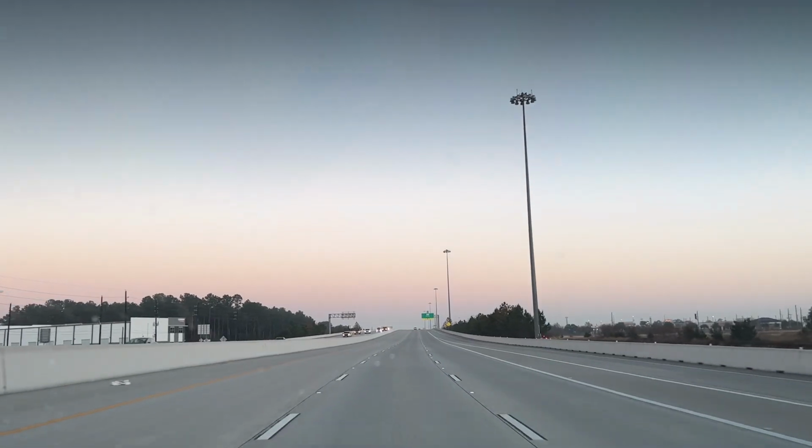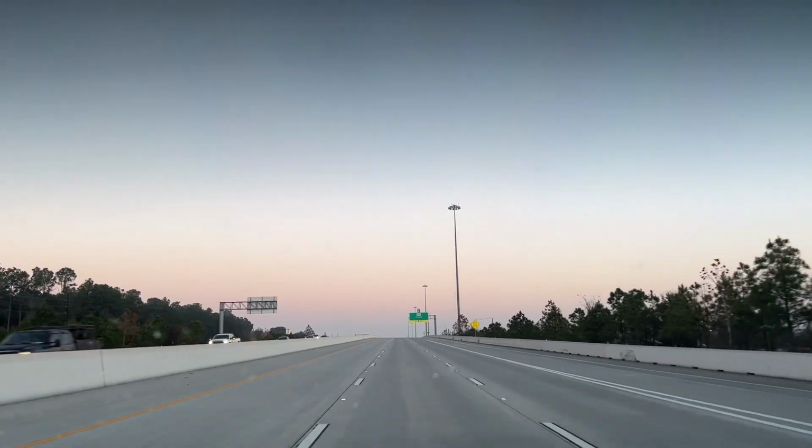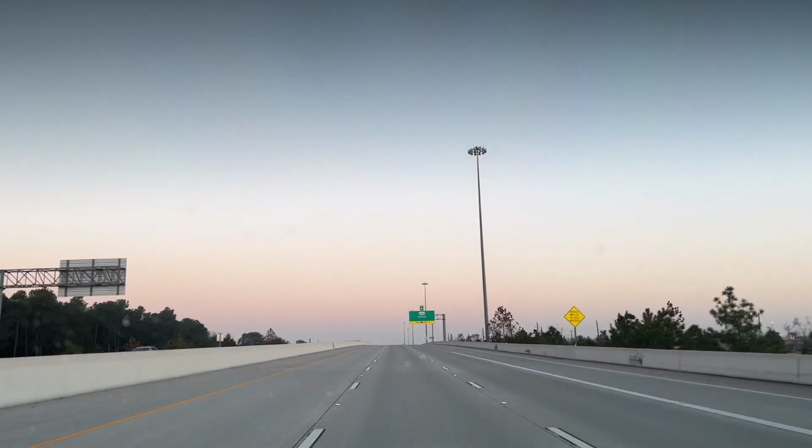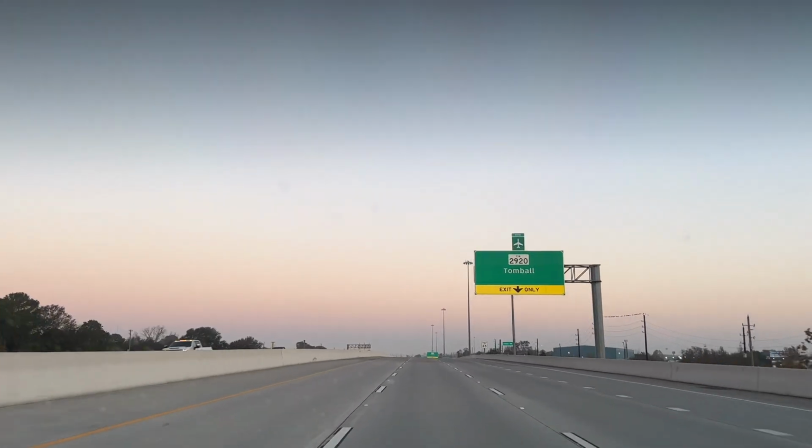I've seen this space for this highway pretty much my whole entire life. My grandparents lived out here before where we're at right now. My grandparents lived out here on some land and developed